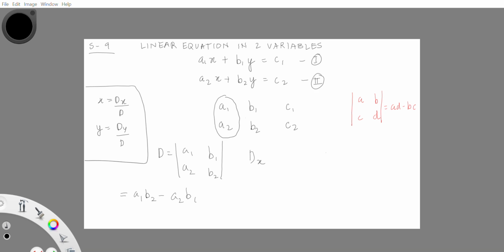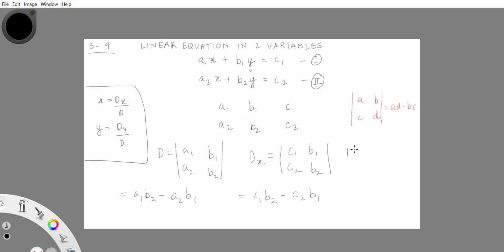So I'm going to show this methodically again. So this is my determinant. In order to find dx, I'm going to remove the column a1, a2. As this goes out, c1, c2 from this place comes over here and fills this same column. So I have c1, c2 here, and this gives me my value for dx. So now back to our solution. dx is equal to c1, c2, b1, b2. Therefore, my value for dx becomes c1 b2 minus c2 b1.